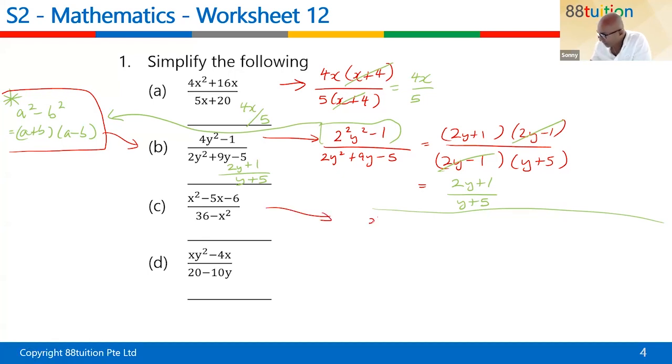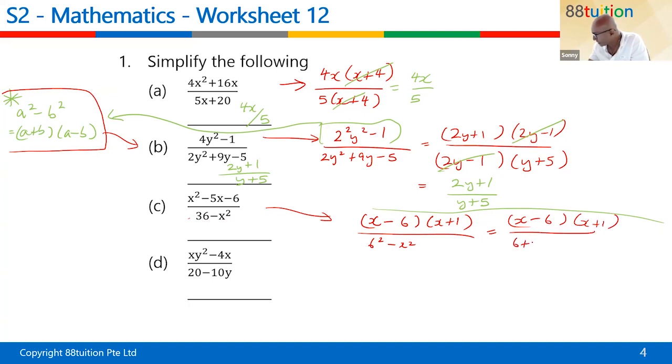If you factorize the top part, you should get x minus 6, x plus 1, right? This one you've got to change, it becomes 6 squared minus x squared. So equals x minus 6, x plus 1, 6 plus x, 6 minus x. Okay? So this is what you have. Now you want to make this, I'm going to highlight this. Look at this. What's the difference? Just the sign, right? For the numerator, it is